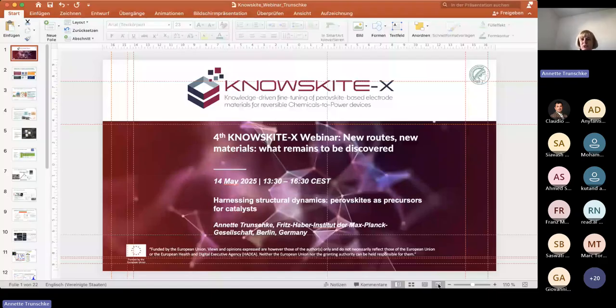And if we use a UV laser, we have a higher contribution of the surface to the spectrum. And here we observe an additional peak, which is not present with this red laser here, which we tentatively assign to surface manganese oxide. So we have really an ill-defined surface structure. And this we can also confirm with adsorption studies.